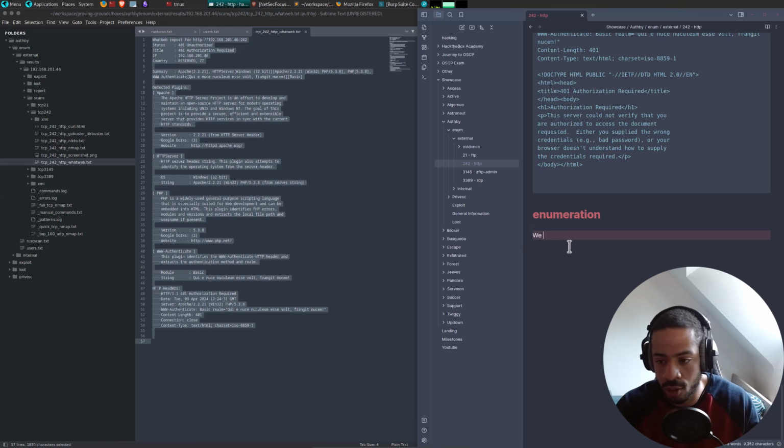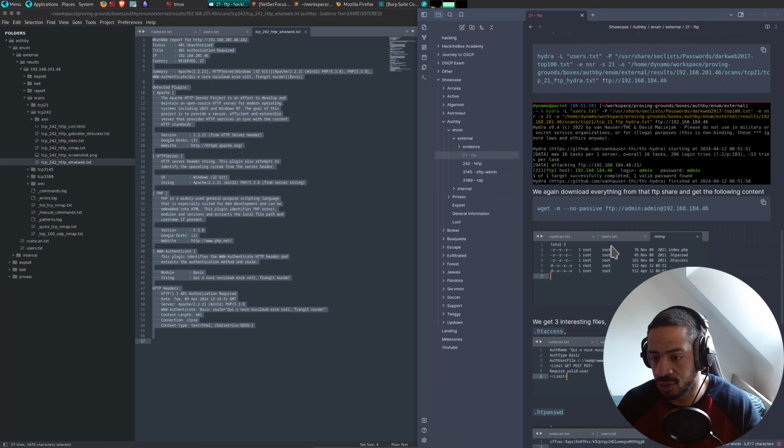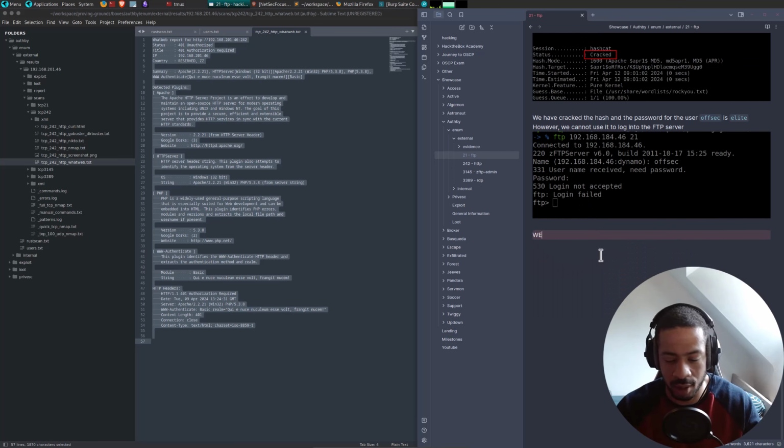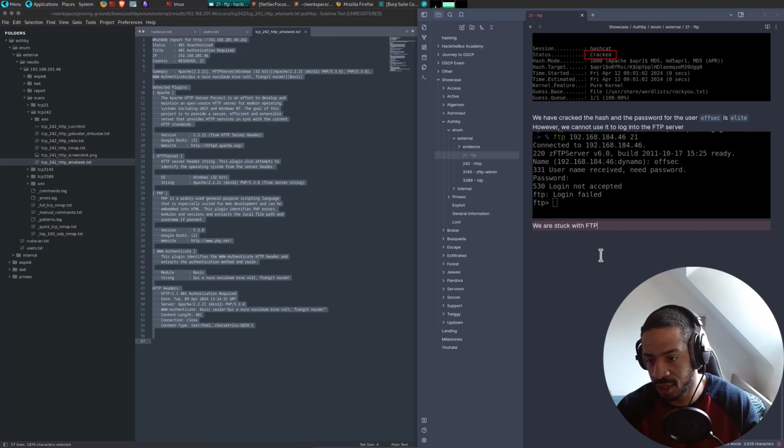So we get asked to log in. Actually, we are stuck with FTP. Should I do it like this? Yes. So let's continue our enumeration with HTTP.